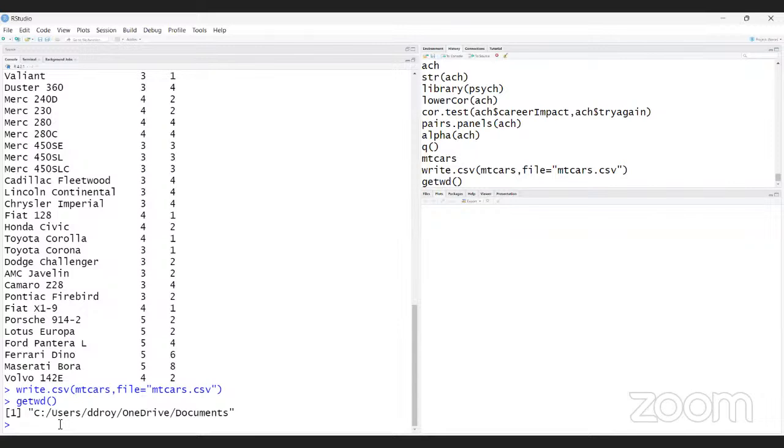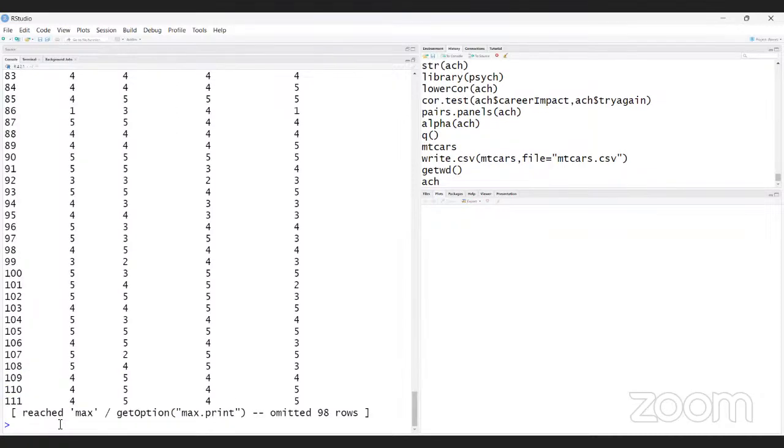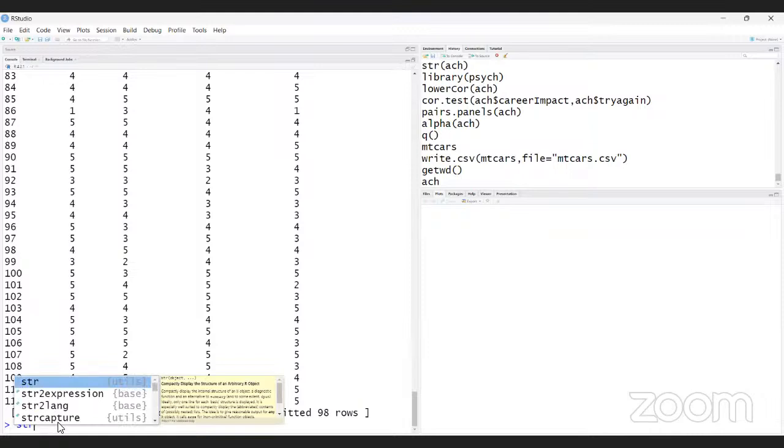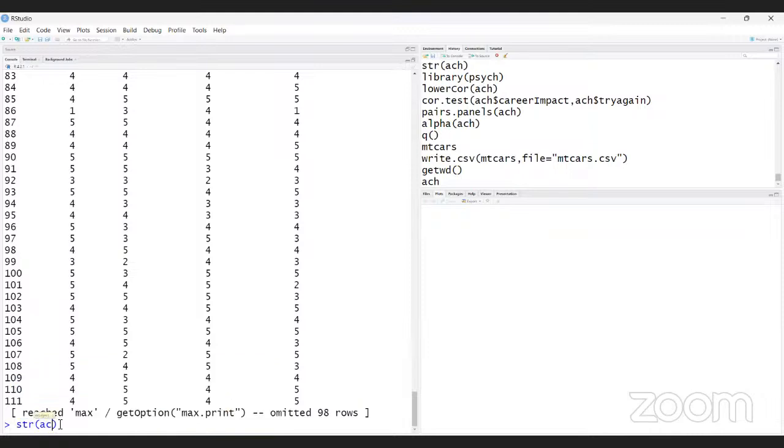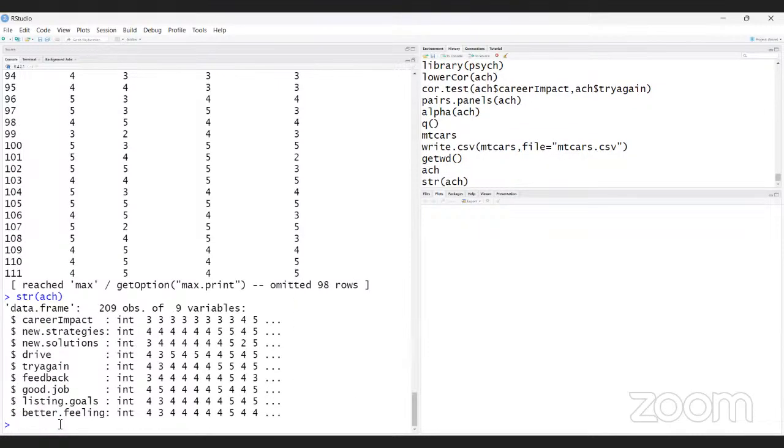And I have the data. ACH means achievement motivation. I have already shown you this data, but still, again, I am showing you. Okay.